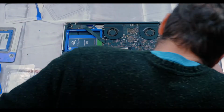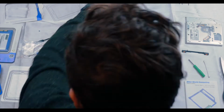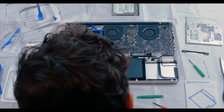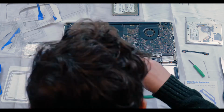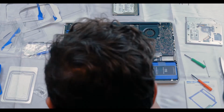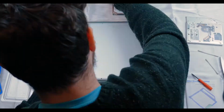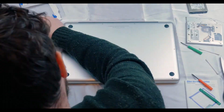Next, I'm taking out the spinning disk, the hard drive, and replacing it with the 1 terabyte. Now this one was much easier and much faster. I just put the screws back in and bolted it down, and that's it. Putting the back on,